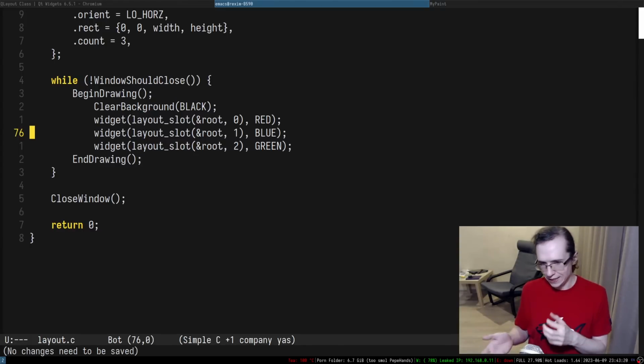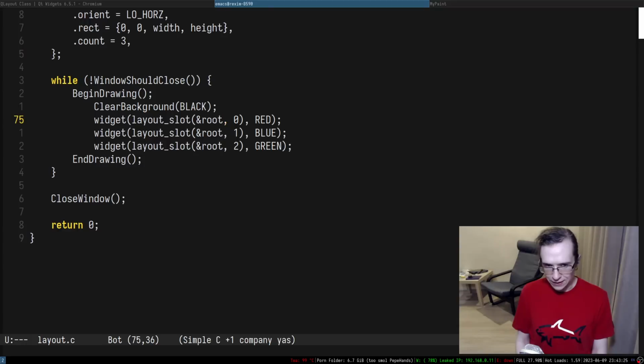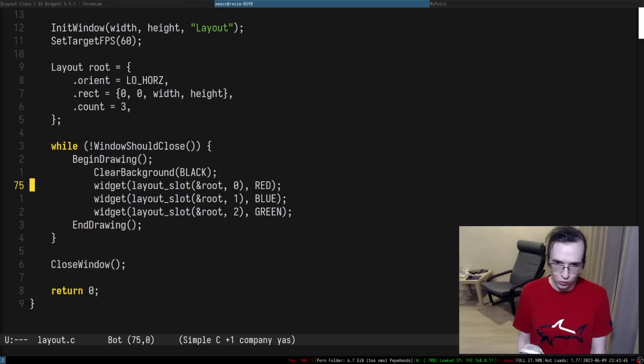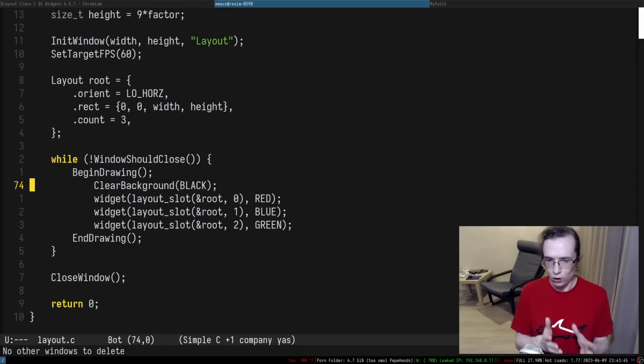And I don't really like it like that. So what I'm thinking is that maybe we have to keep track of that index inside of the layout. We don't really want to manage the indices in here. The whole point of this layout system is to not manage anything. So let's make the layout keep track of those indices.